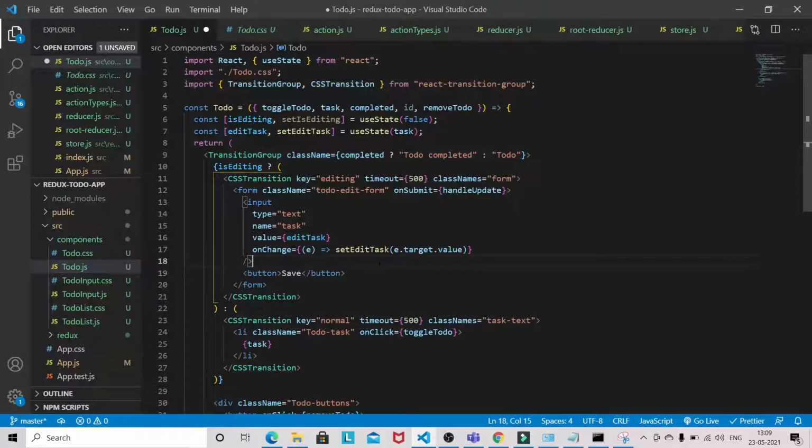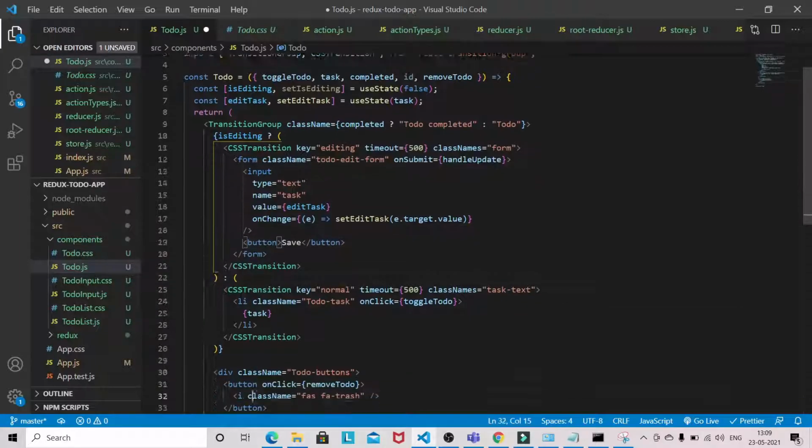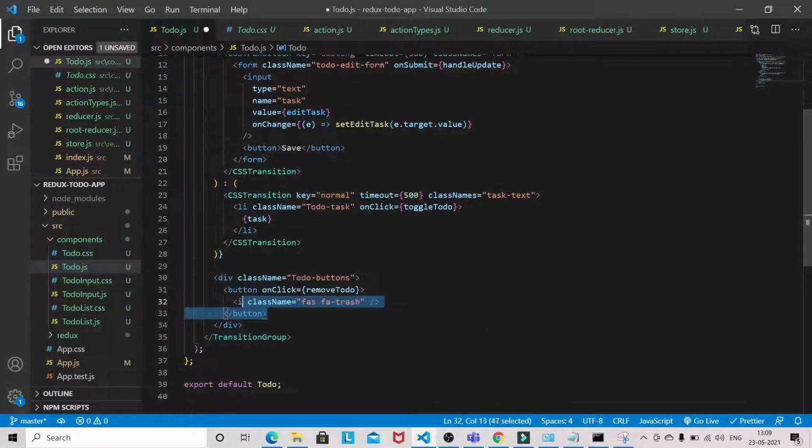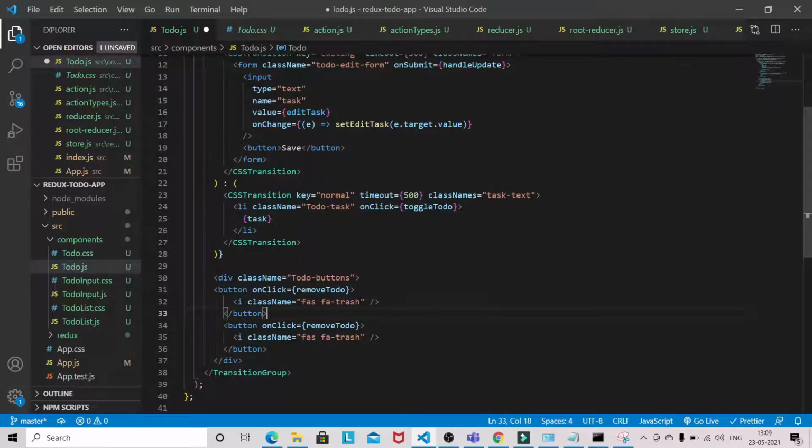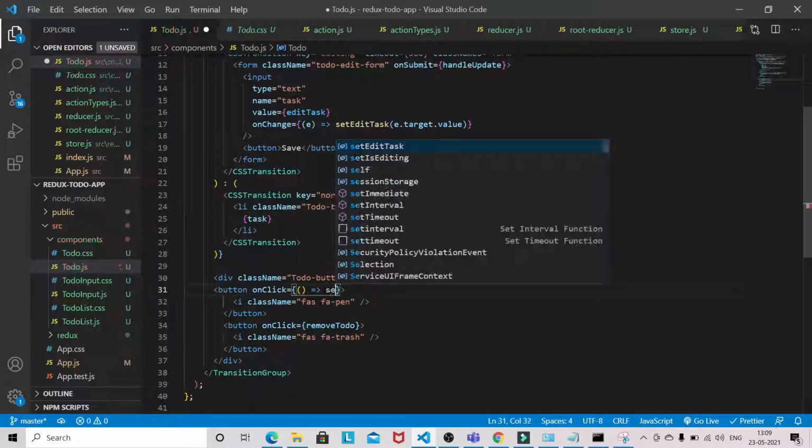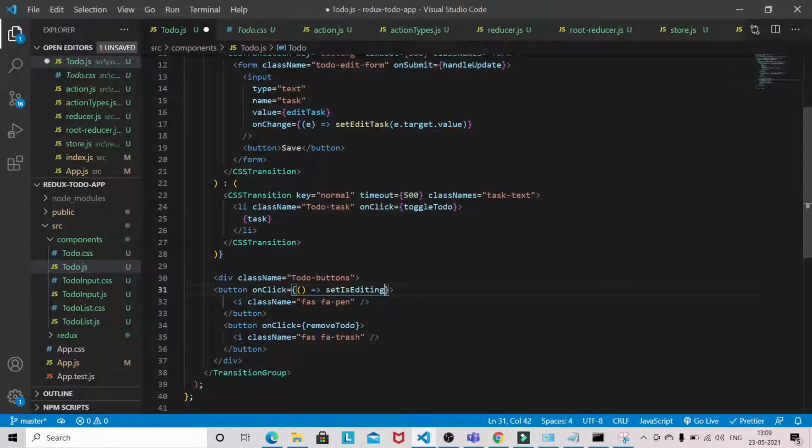Now to make the edit mode, we have to add another icon. So I'll just copy, and this will be a pin, and it needs to call that function, that is set is editing true.